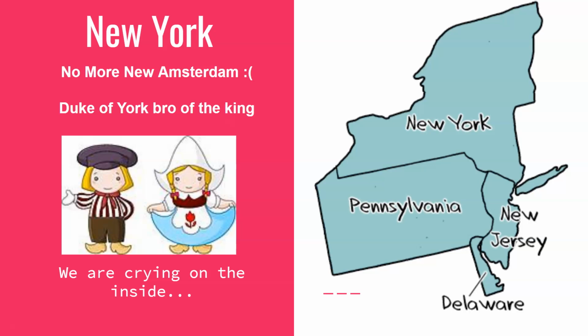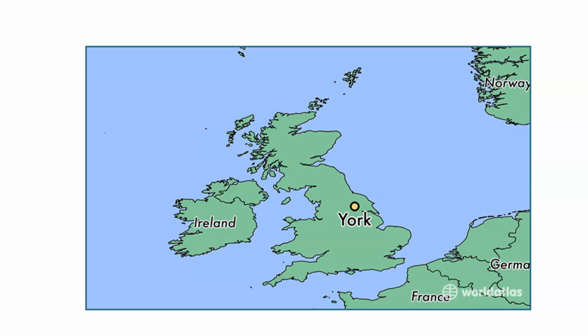So those patroonships are going to stick around with new owners, but it's still going to have that feel to it. So, a class of large landowners hanging out in New York. Okay, so I'm going to show you fun geography. This is York in England, where the Duke of York was from. So when you're hearing New York, you could say, I guess, this is Old York. And so more or less, New Amsterdam surrenders to the Duke of York, the king's brother, and he takes